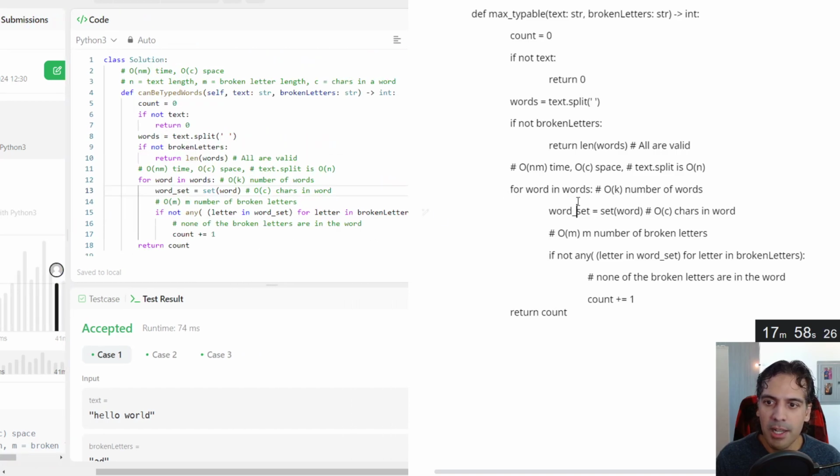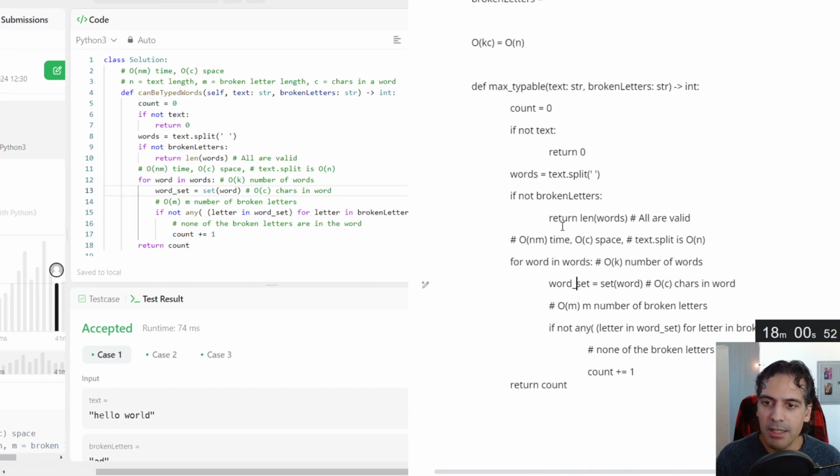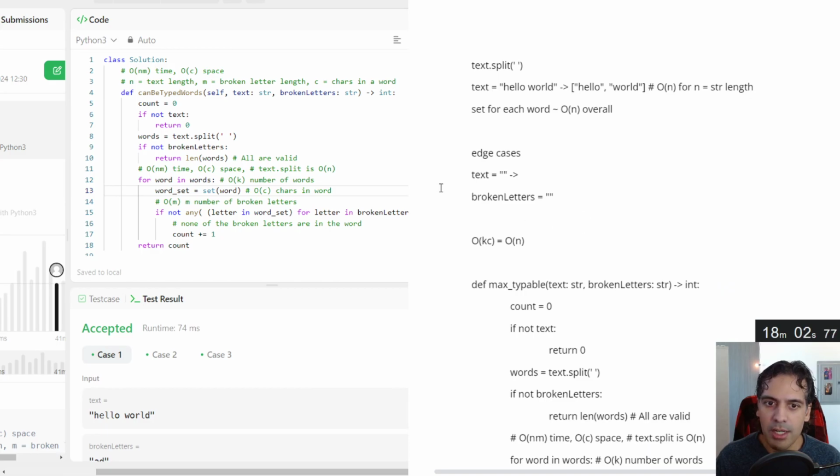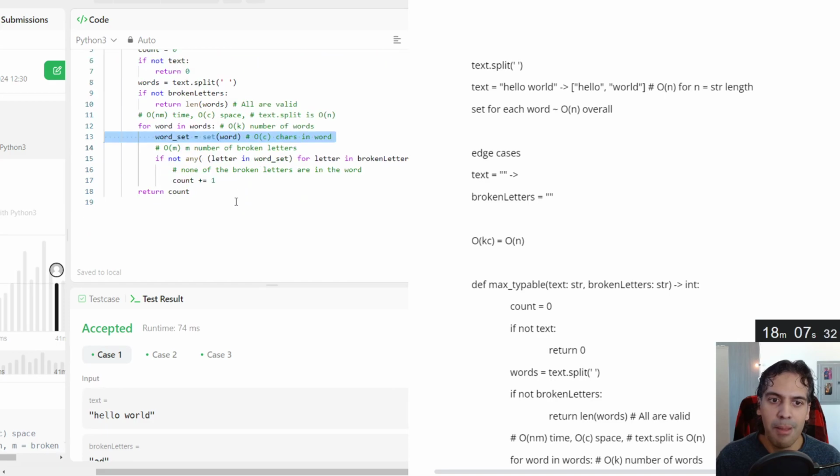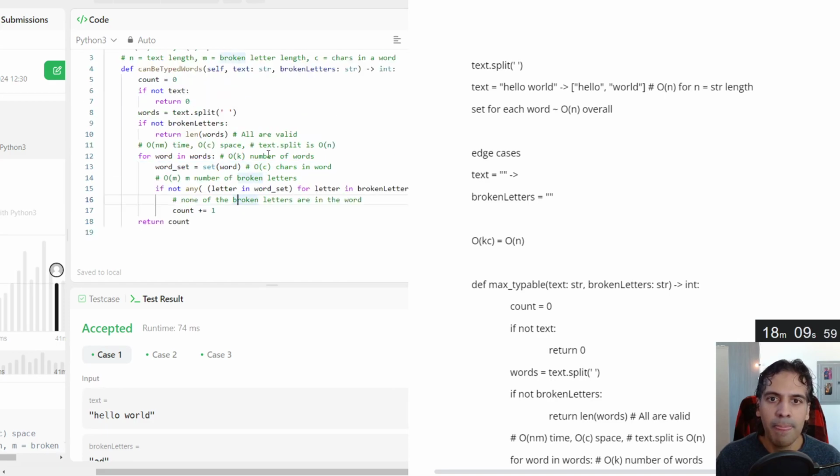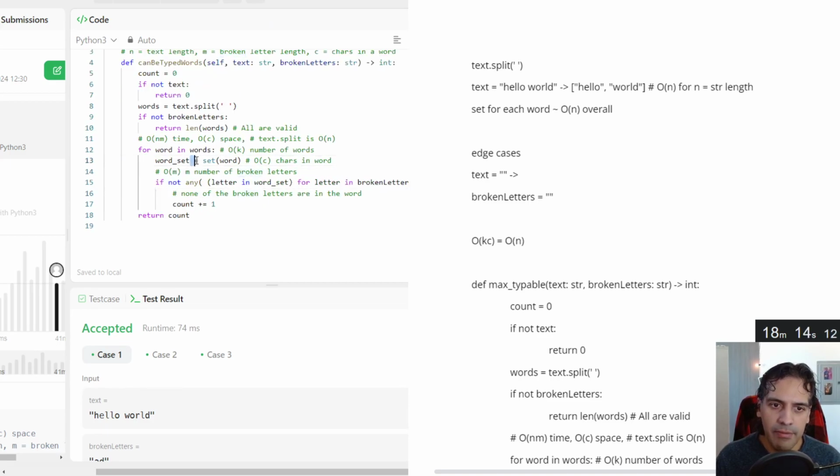We could have talked about some other approaches, and I didn't do that here. I just went straight to this iterative approach. I didn't talk about what we could have done differently from this set right here. What you could have done if you hadn't used the set is, inside this loop, you could have done a check for letter in word, the list itself, and that would have become an O of C, M times C option here. So then this would have become an O of NMC time complexity.